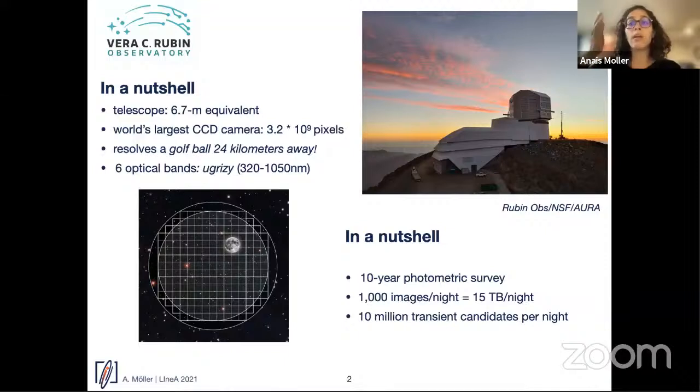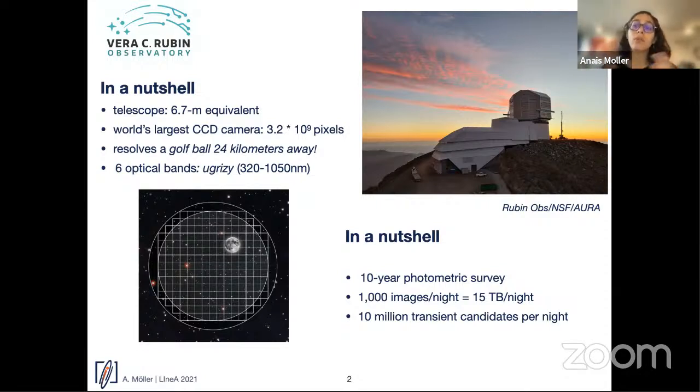So doing imaging in 6 photometric bands covering from 300 to 1000 nanometers. So you have the usual GRI set, which are also the ones that were used in SDSS or DES, which I think LIneA people know pretty well. And then you have U and Y, which are actually extensions to that.